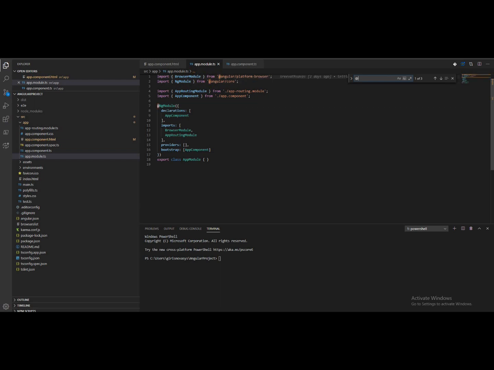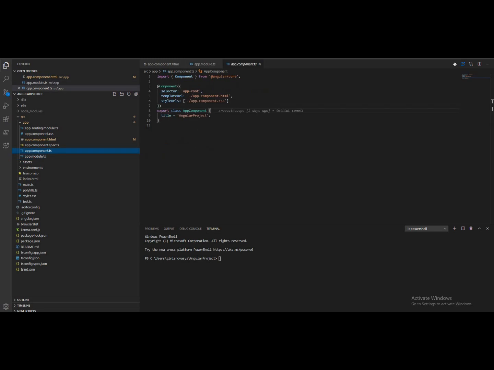So here this is not the decorator, as we know that it is the import statement. Our decorator is here, @NgModule. This decorator makes a class a module. The @NgModule decorator is also imported from the @angular/core library. And a few rules we need to remember while writing a decorator are: a class becomes a component when the Component decorator is used.